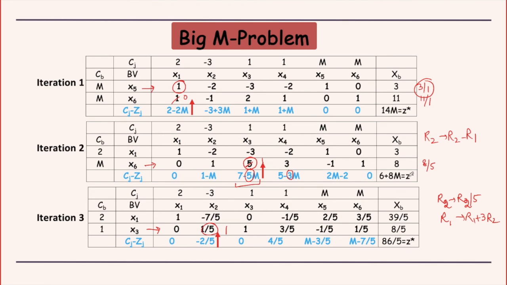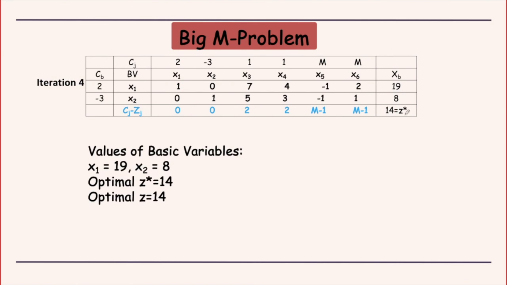Then it got reduced to 8M plus 6. This is obviously smaller than this. Then it was further reduced to this number, 86 by 5. This had no M now because both the artificials have left the basis. Firstly x5 left, then x6 left. So in this third table you do not have any artificials, and in the final table your value of Z is 14. That's the optimal value which you can obtain for Z star, and since